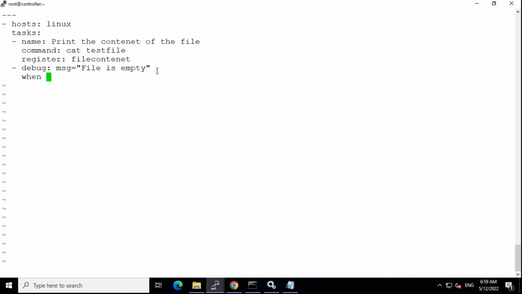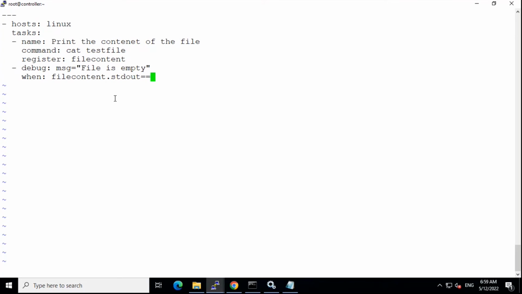When, the additional is, when this file_content.stdout